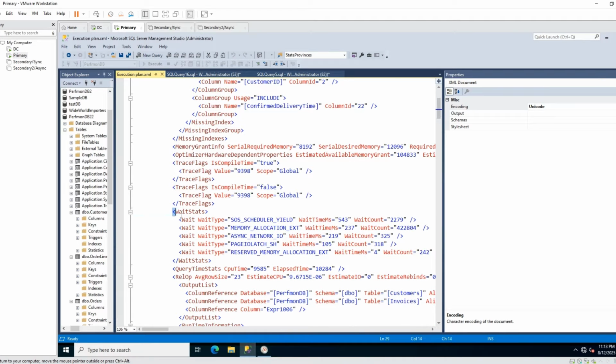Can you see wait stats? Wait stats will show us what kind of resource we waited for and how long. Scheduler yield means we waited on CPU. As you can see, it is the major wait time. Then memory, we waited how long? It is milliseconds,